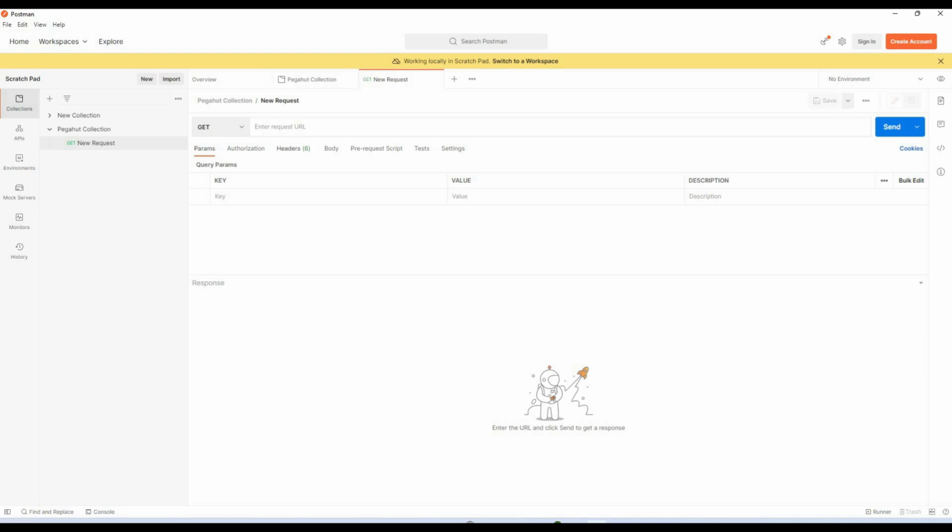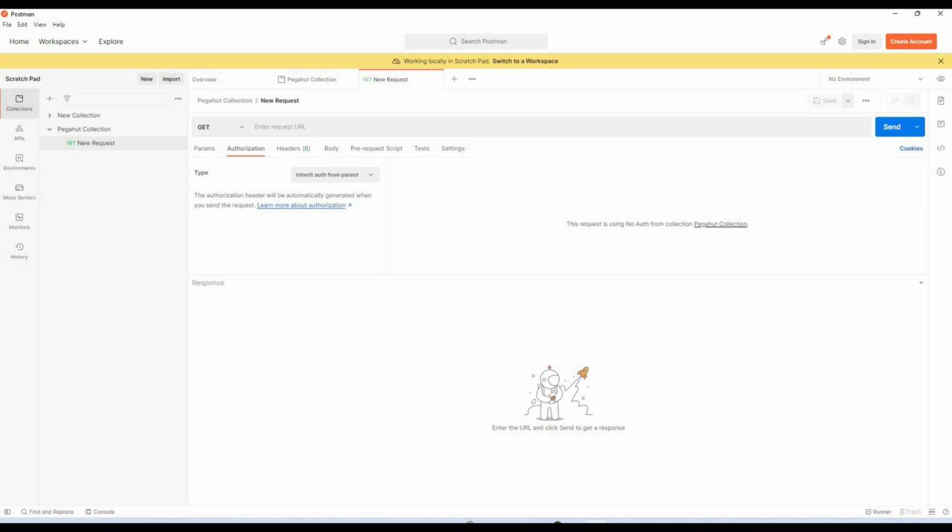Now you could see a couple of tabs, right? Out of that, the only tab that you need to focus on is query parameter, where you can define, how I was telling you, right? If there is a question mark, you can define all the query parameters here. Authorization, if your API needs authentication, let's say basic authentication, OAuth, or all these things,